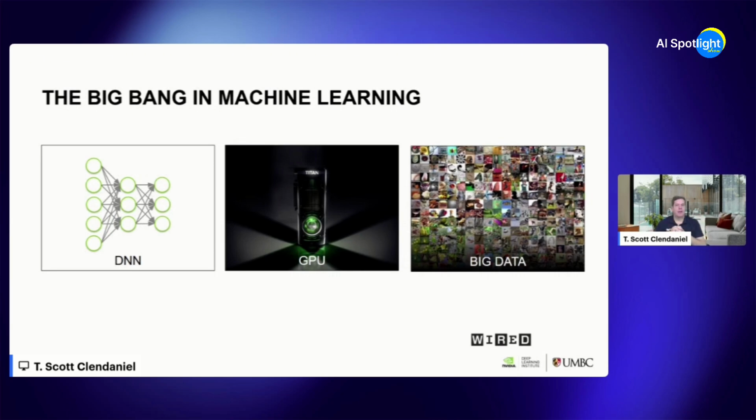So they thought, you know what? I think we should expand way beyond doing chips that have a special architecture just for video games. We're going to apply it to deep learning and artificial intelligence because we can make them bigger, faster, cheaper. And that's exactly what they did. And that's what most people think about NVIDIA today, is their chips for AI. And the chips today are obviously much more sophisticated and have much more additional add-ons and optimizations than just calculating the gradients. But back in the day, that was sort of the easiest way to understand it. So we've got our DNNs, which are our algorithms. We've got our GPU as our hardware, and then the evolution of big data.